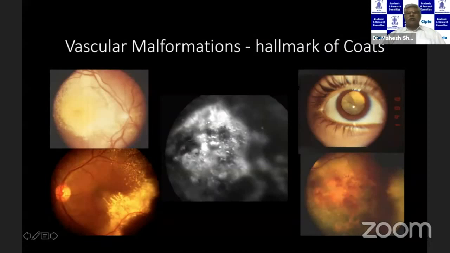The hallmark of Coats disease is, of course, the vascular malformations within the retina. We can see the telangiectatic vessels and bulb-like vascular malformations which result in the exudation. These are different stages of Coats disease. Here we can see macular exudation. Here we can see exudation which is just about involving the fovea. And here we see the retina is right behind the lens with subretinal precipitates which are exudation. And there is a fundus fluorescein angiogram. We have these light bulb-like lesions which we would see.